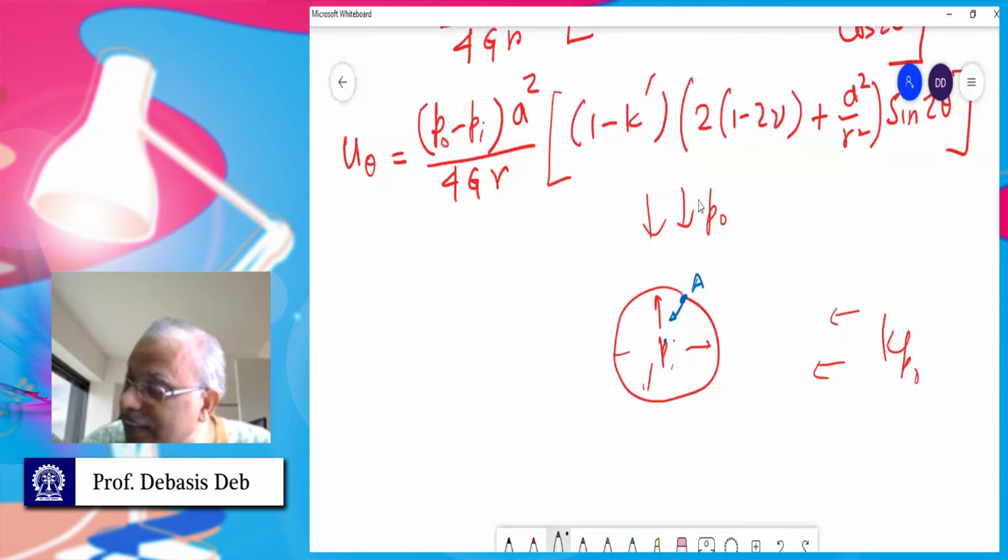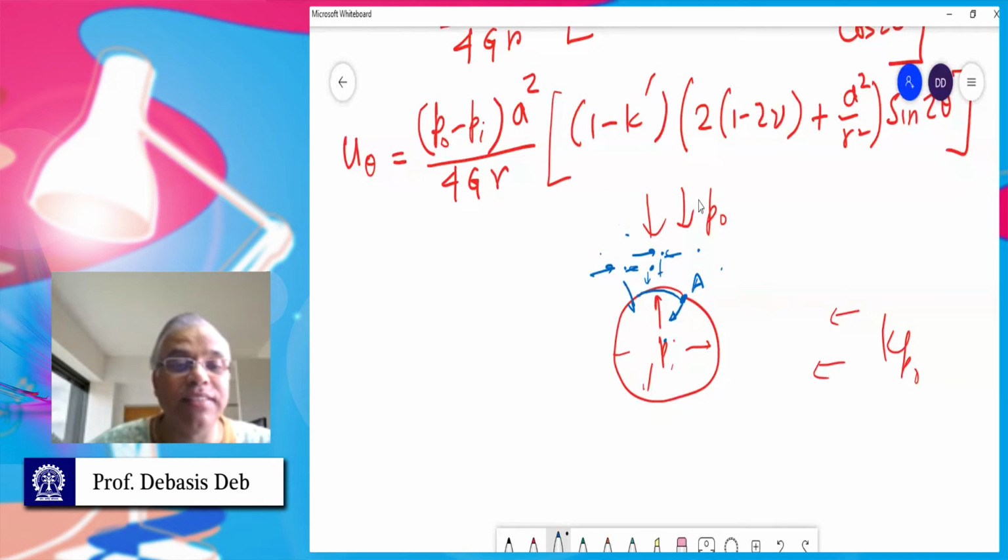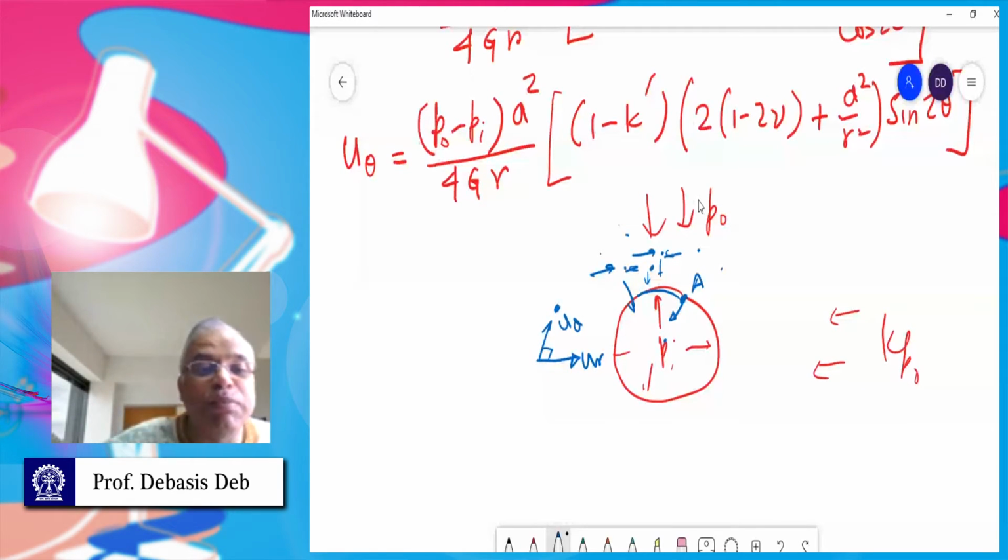So the rock here, or at each point, is all coming down or maybe moving in this direction. So it may be going tangentially or it may be coming radially. So there are two ways it can move. At any point, the movement may be tangential, in any direction, and radial. So this is UR and U theta, and there is 90 degrees between them. This is what the displacement will be like at any point.